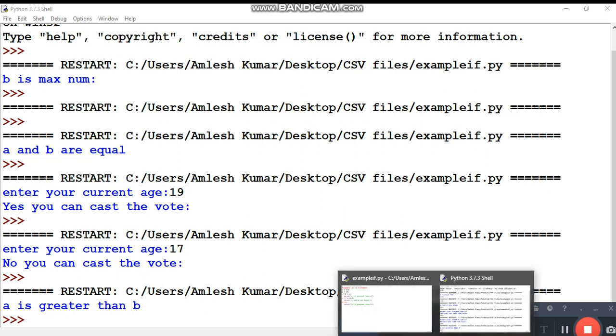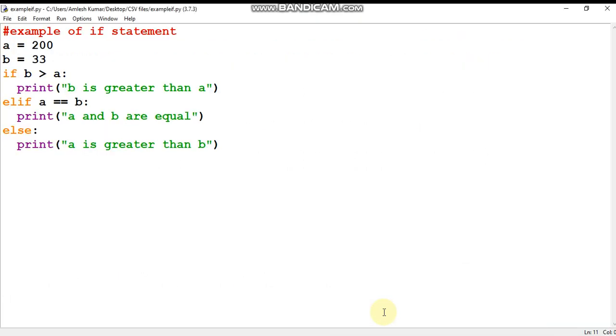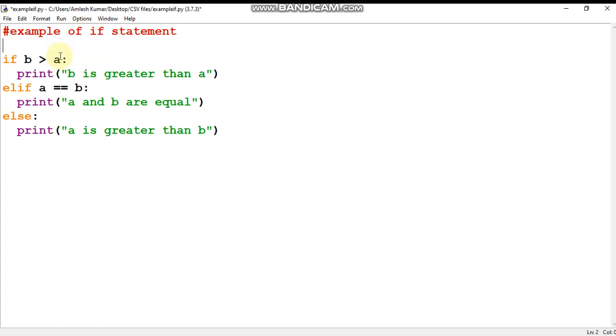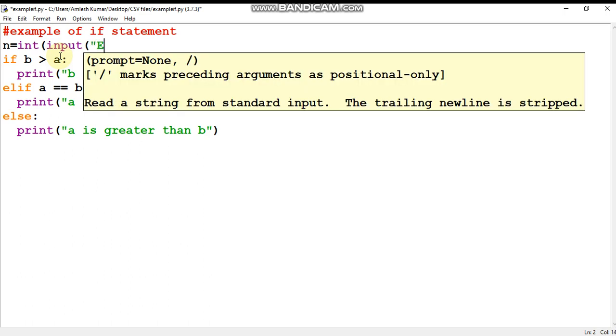So one program I want to discuss where I will use if as well as elif as well as else. Suppose you want to calculate or display the grade, and n is the mark. I'm going to take these marks from the user: input, enter your marks.